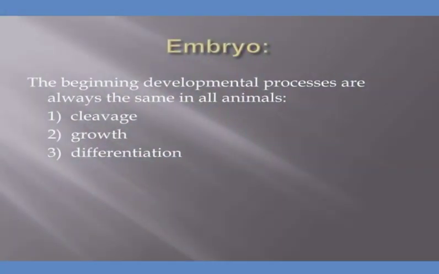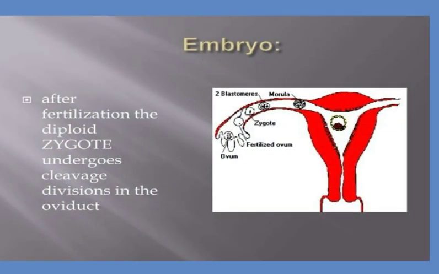The beginning developmental processes are always the same in all animals. It starts with cleavage, growth, and differentiation. The formed embryo, and after implantation,